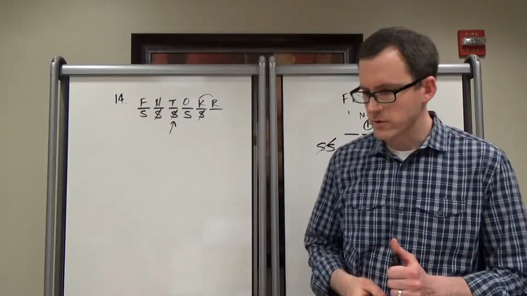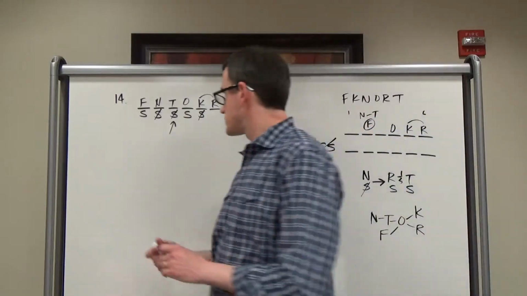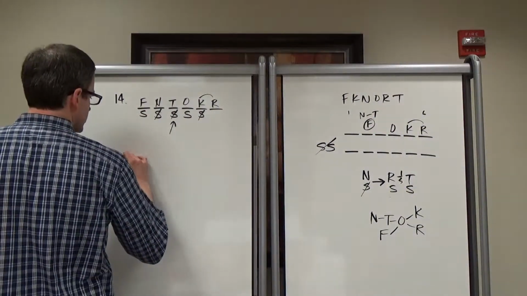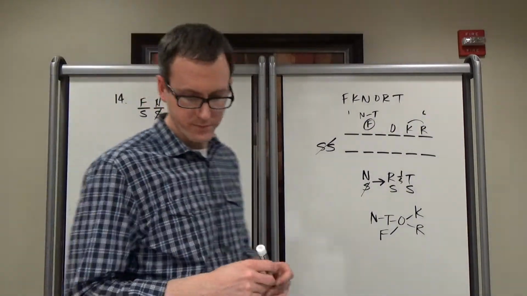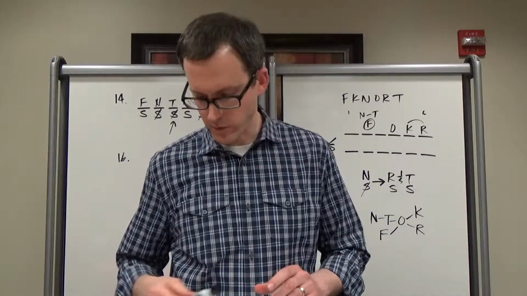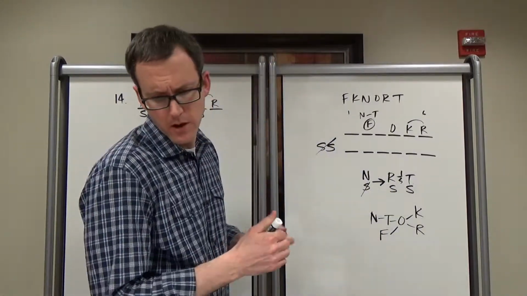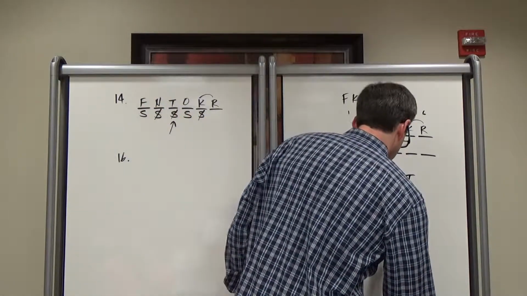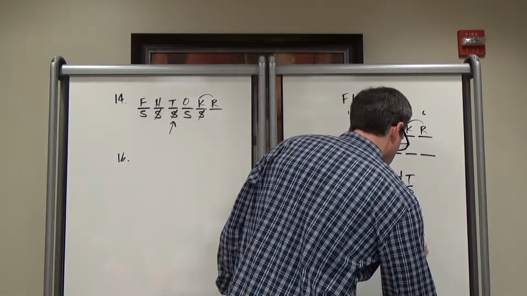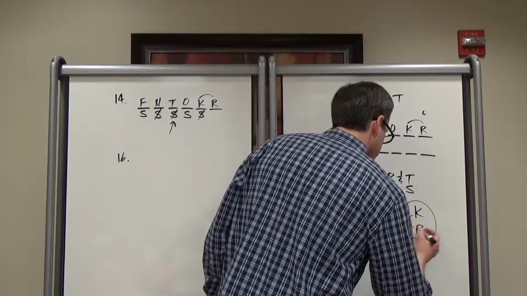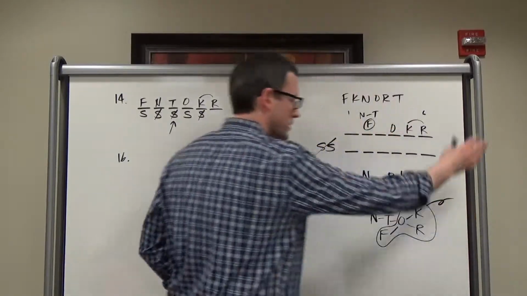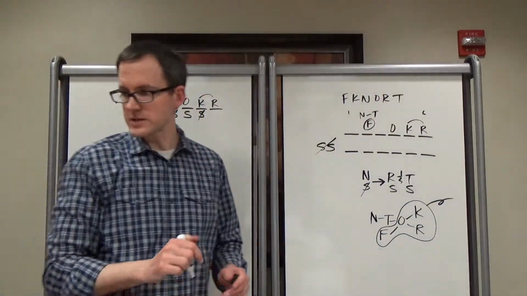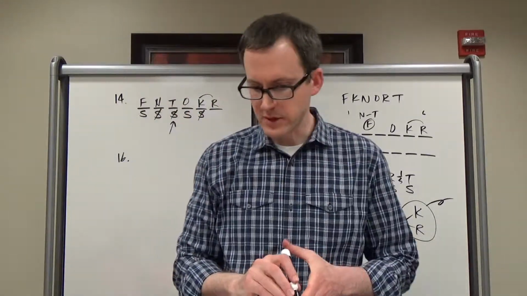Okay. Other questions? 16? Okay. So 16 is asking us to find a substitution. So we're going to get rid of FO and then KR, right? So this rule right here is gone. We're getting rid of that, and we want to replace it with something that's going to do the